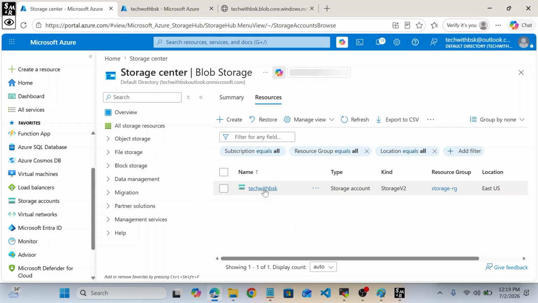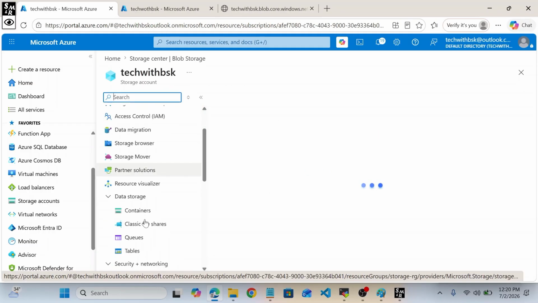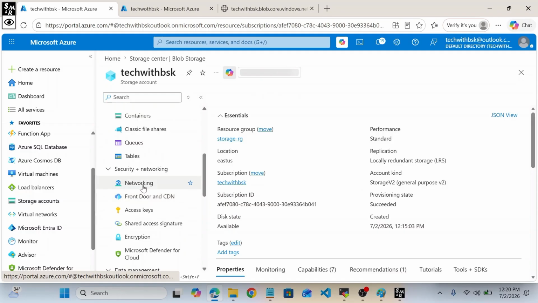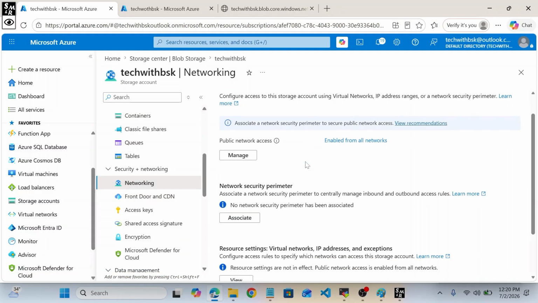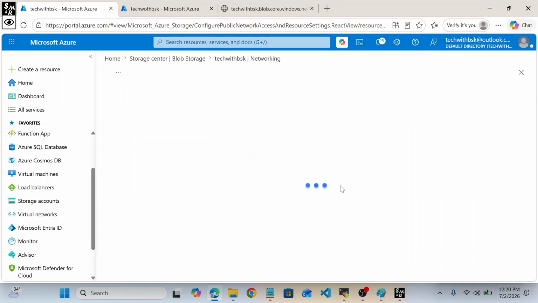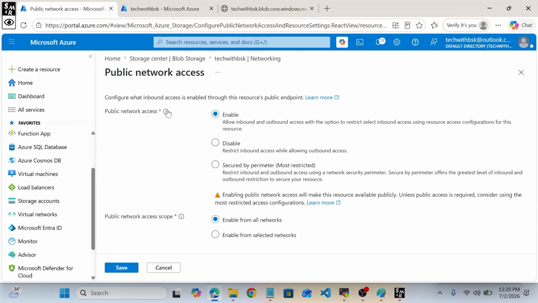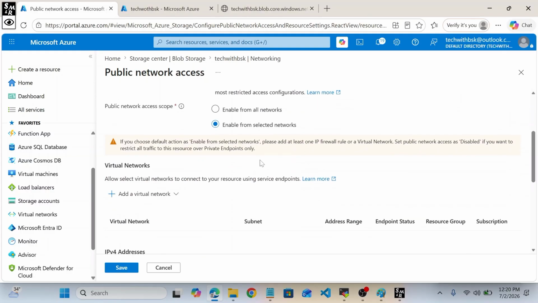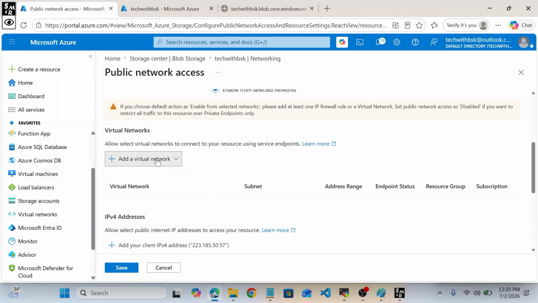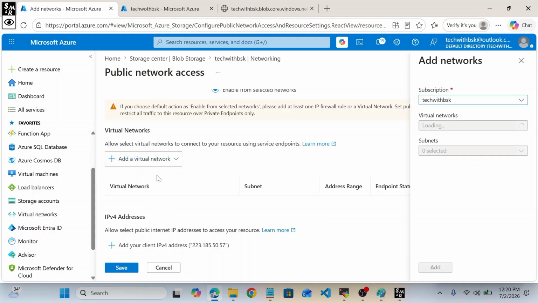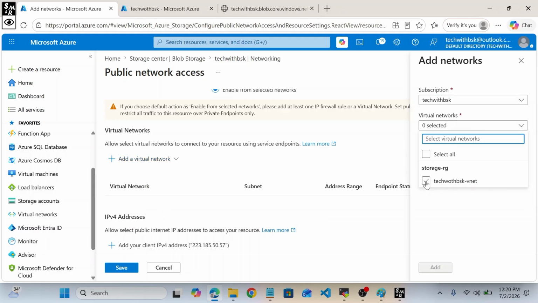and let's wait. Click on storage account, and here there is a networking option. Click on that networking option. Here you can see what access we have enabled. Here you can see public access is enabled and public network scope is also enabled, all networks. Now I will enable selected networks. By using this it will ask to create a new service endpoint. Here I will add a virtual network. Add existing virtual network. Here the virtual network is this one,